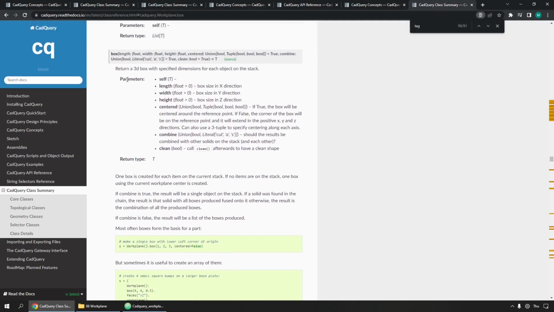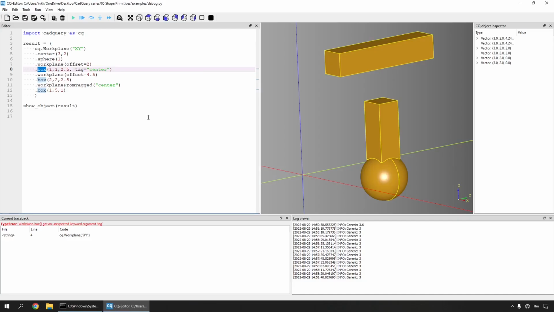All right. So workplane box parameters. Do you have a tag? No. So I can't put the tag there. I need to put the tag on the workplane itself. Wrong spot. So if I put the workplane here,